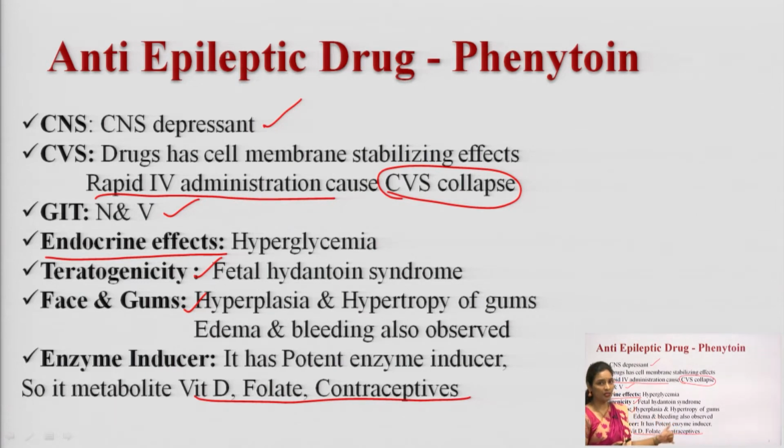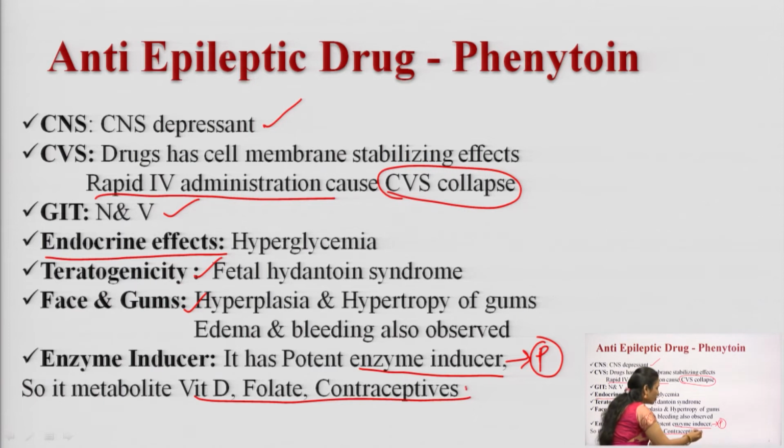So here I will give a best example. This is an enzyme inducer. Which one is an enzyme inducer? Phenytoin. Suppose you take contraceptive drugs along with phenytoin. What is the purpose of taking contraceptives? To prevent pregnancy. And if you combine these contraceptives with phenytoin, a potent enzyme inducer,